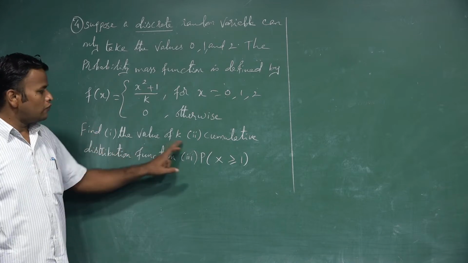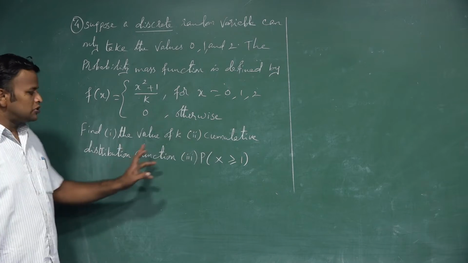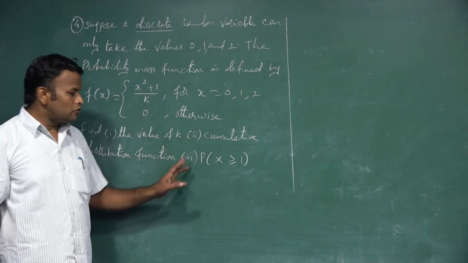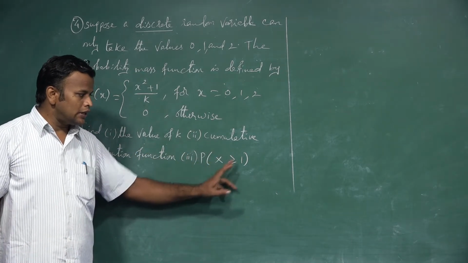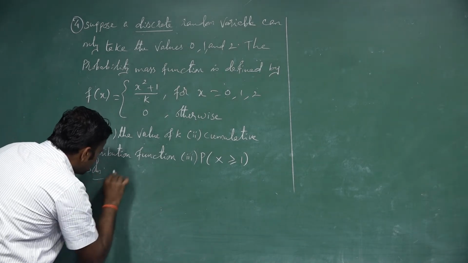Then 3 questions are given. First, find the value of k. Next, find the cumulative distribution function. And third, find the probability of x greater than or equal to 1. So first, by the given data, we write